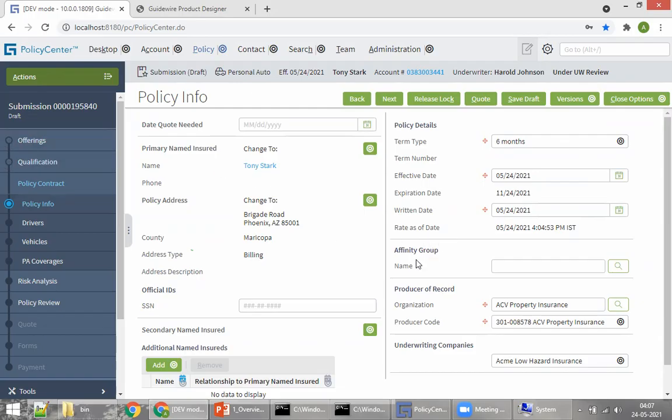Also, you can even do a comparison. For example, if you go here, you can see something like versions. Save draft means you can save all the changes. Previous means you can go back, next means you can go to the next page. Release means